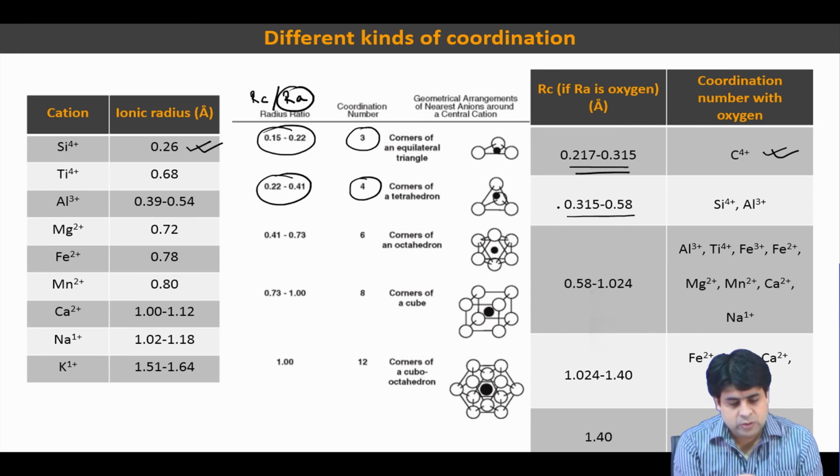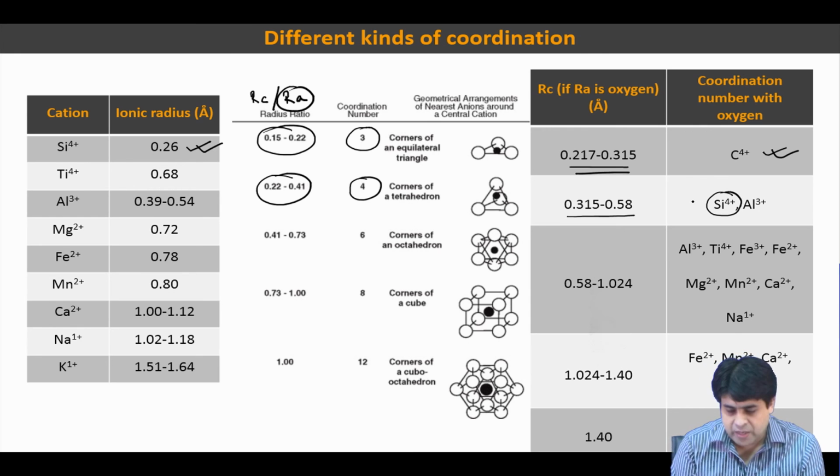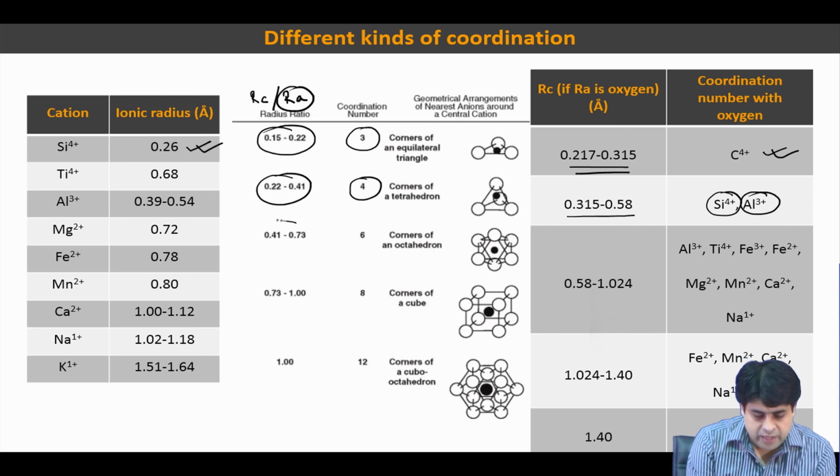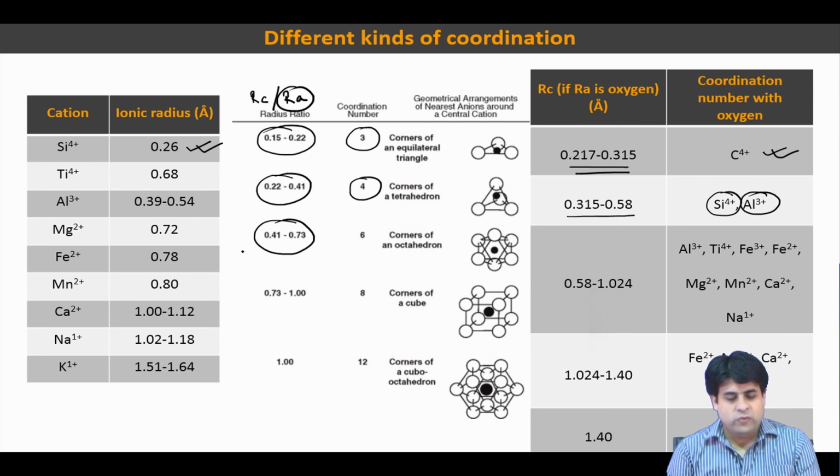So, this number is close to 0.26. Because of that, silicon will form a 4-fold coordination, and of course, aluminum will also form a 4-fold coordination because it is very close to 0.58. If you take this radius ratio, which is 0.41 to 0.73, and take oxygen as an anion,